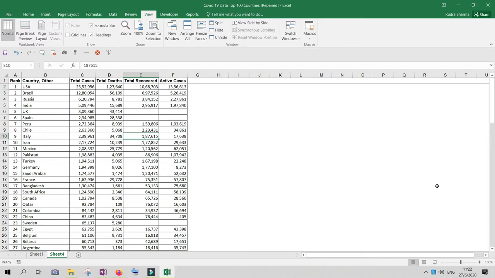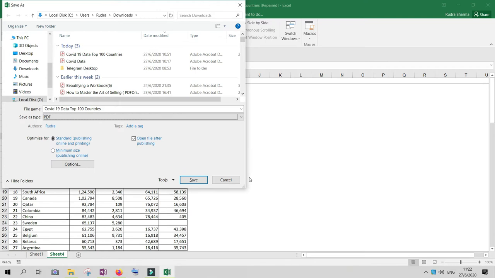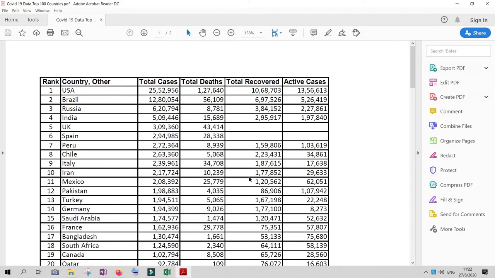So in order to convert to a PDF, we need to press function key 12, that is F12. It opens up the Save As dialog box. F12 is the shortcut for the Save As dialog box. Then quickly press Tab, and then press P. This selects Save As type as PDF, and quickly hit Enter. Our report is exported to a PDF.